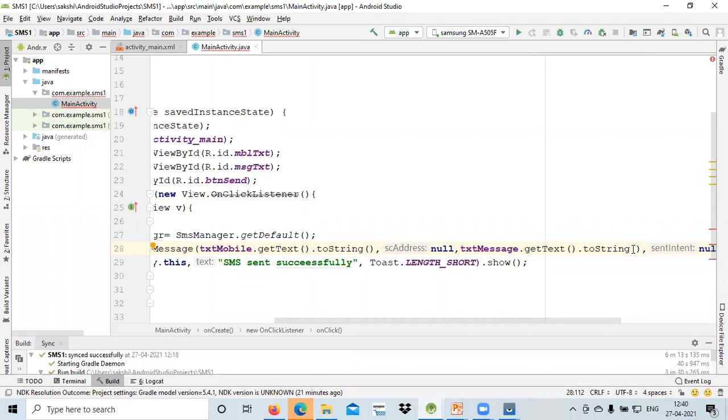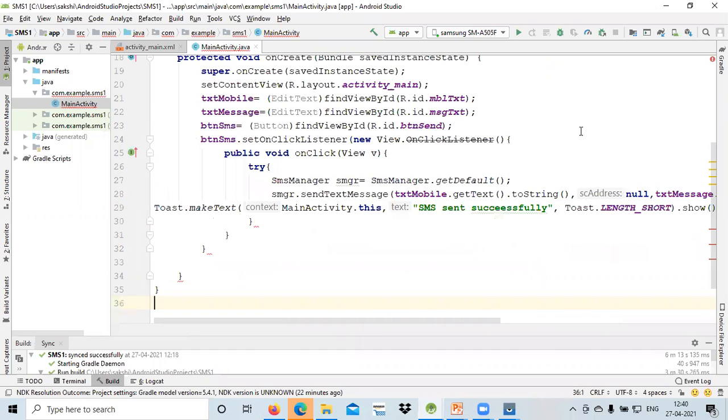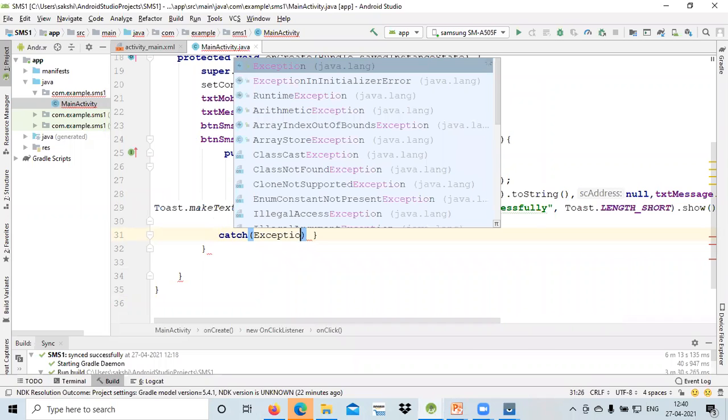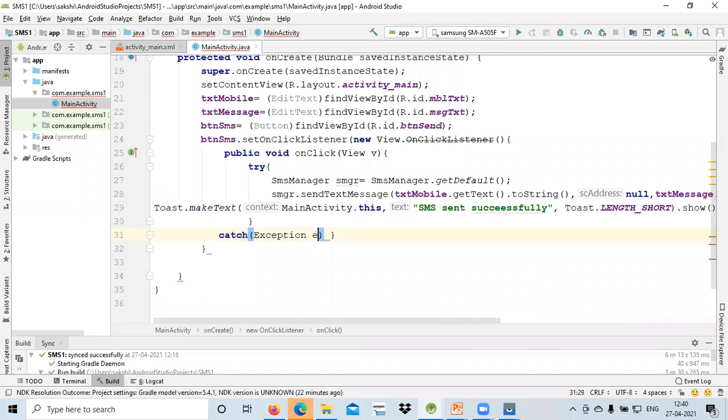And at the last, we are doing all this under that try block over here, and in this we are using catch. Because we are working between different devices over here, we are in doubt that there could be some type of error. So what did we do? Catch exception. So if there is any type of exception over there, we can handle that particular exception at that time.